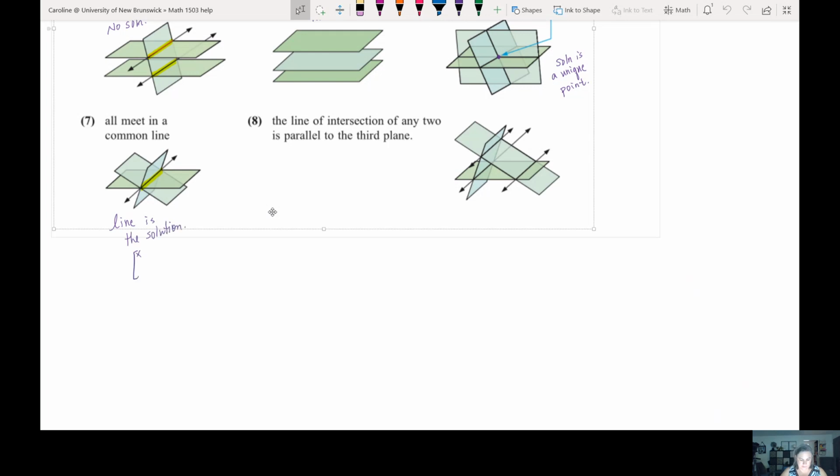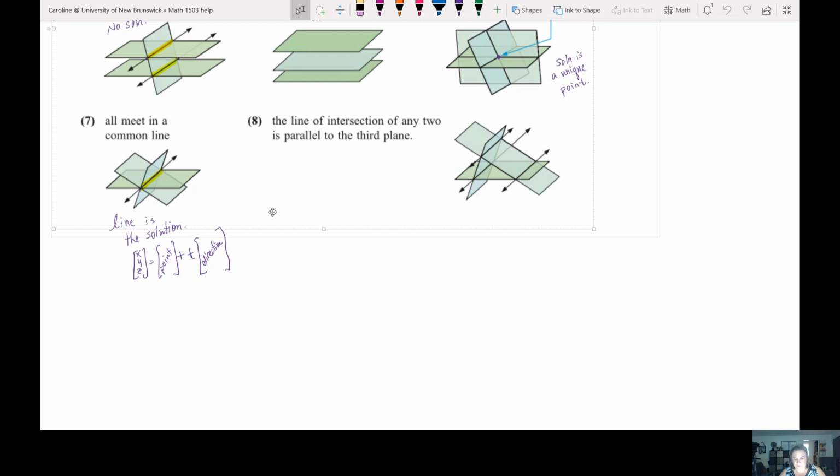And remember, a line in 3D is x, y, z equals a point plus t times the direction vector. Or you could write this in parametric form, but that line would be the solution. And then 8 says the line of intersection of any two is parallel